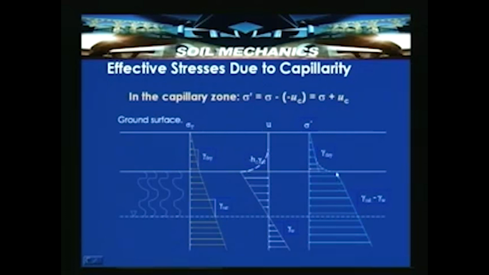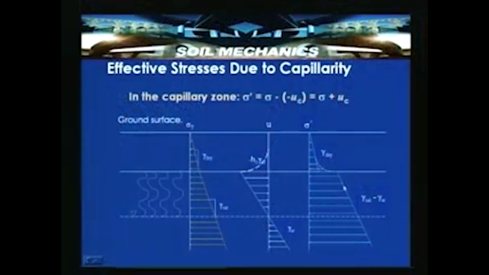So, if you substitute here, then we will be able to get that net distribution is like this. This shift in increase is because of minus Hc gamma W, which actually gets added to this effective stress. So, it is nothing but the total stress. So, sigma dash is equal to sigma plus gamma W Hc at this particular point. So, it exhibits high effective stress at this particular zone, and then here this particular variation is resulting due to